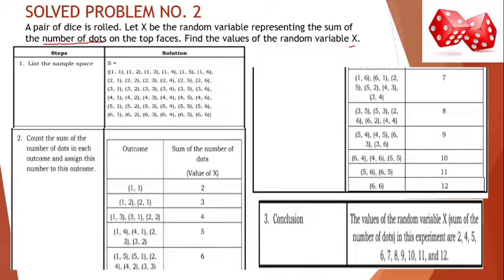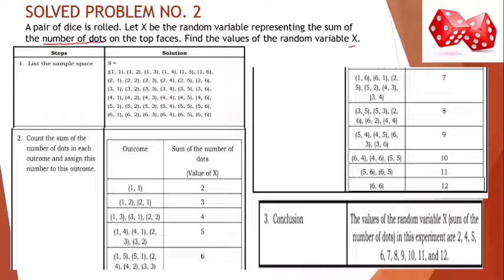Supposedly, this is up to 12. It's really hard to analyze. Actually, I think your teacher didn't give you this kind of problem that has a lot of sample space and outcomes. So 1 plus 4, 4 plus 1, 2 plus 3, or 3 plus 2, that is 5. 1 plus 5, 5 plus 1, 2 plus 4, 4 plus 2, 3 plus 3 is 6. 1 plus 6, 6 plus 1, 2 plus 5, 5 plus 2, 4 plus 3, 3 plus 4,